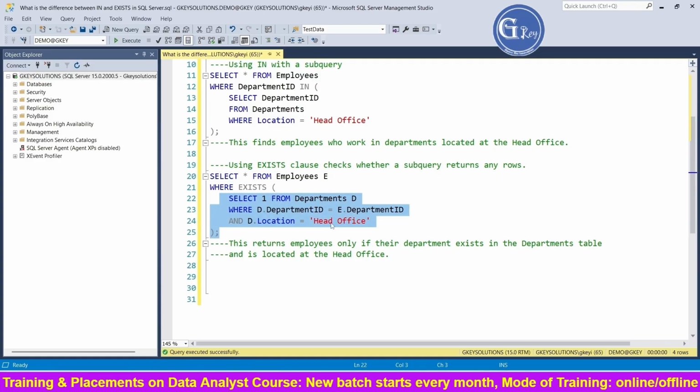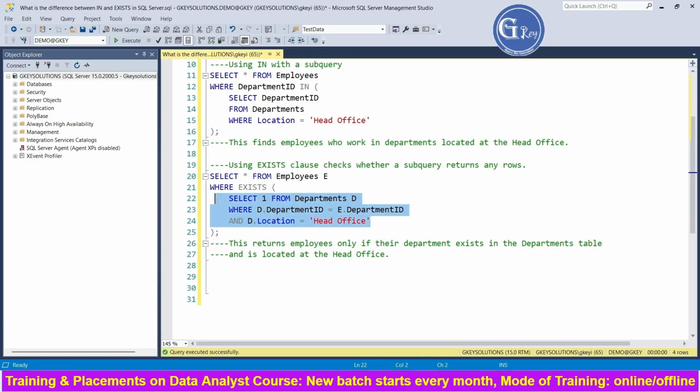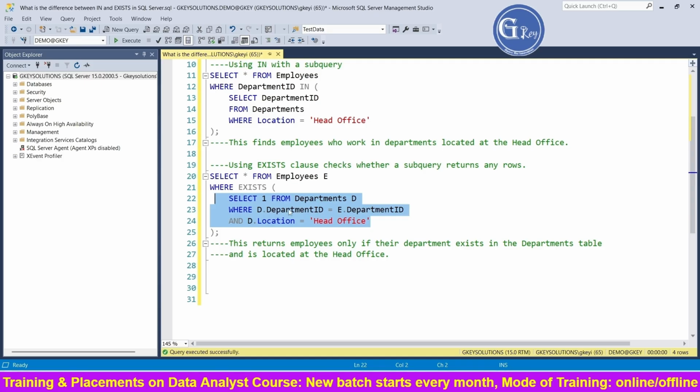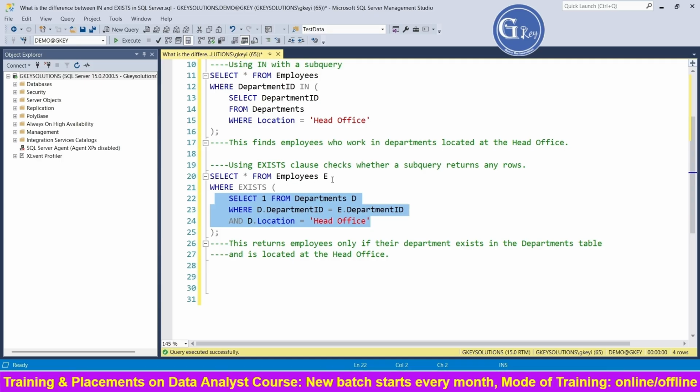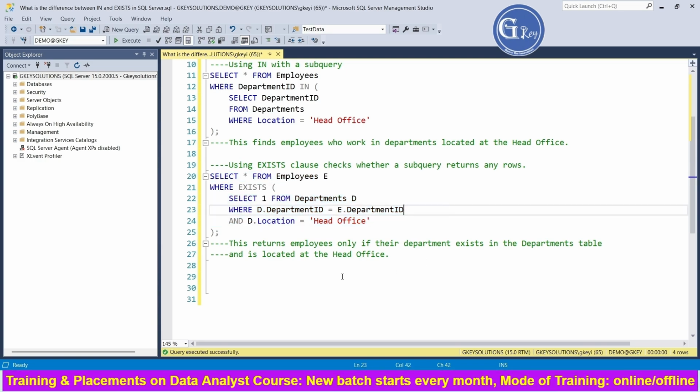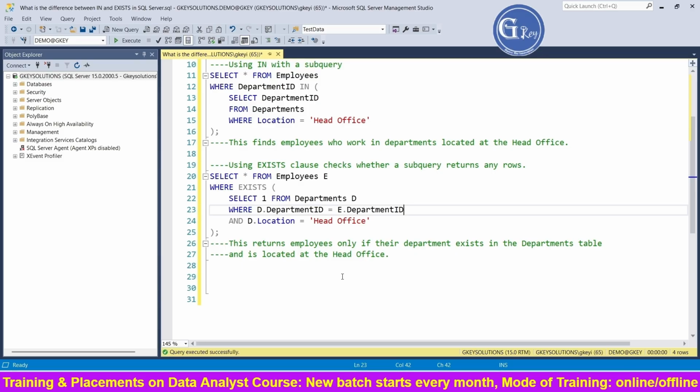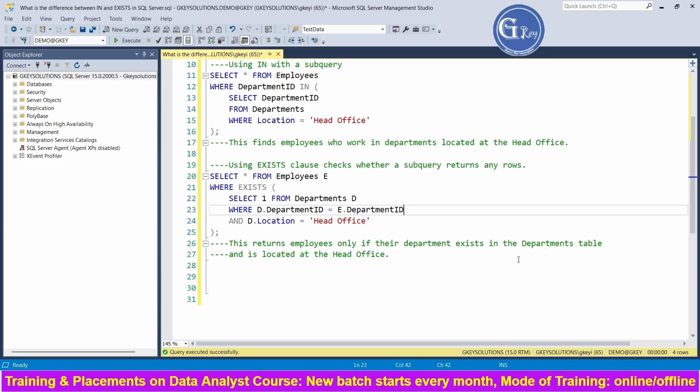In this way, we are checking for the record by satisfying these two conditions. Once the record exists, it is given as a where condition for the main query. In such a way, this returns employees only if their department exists in the department table and